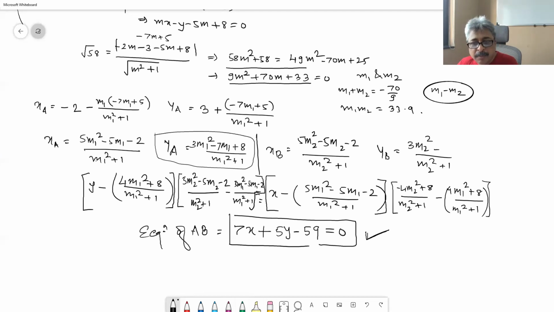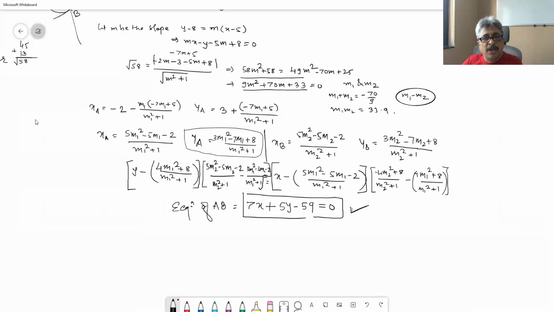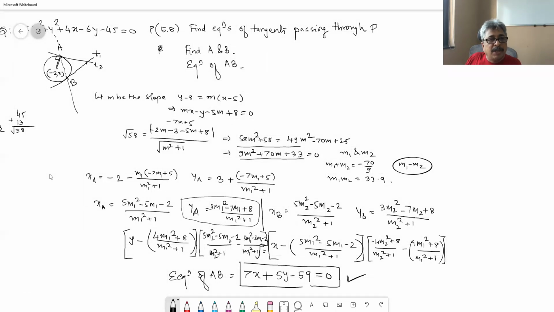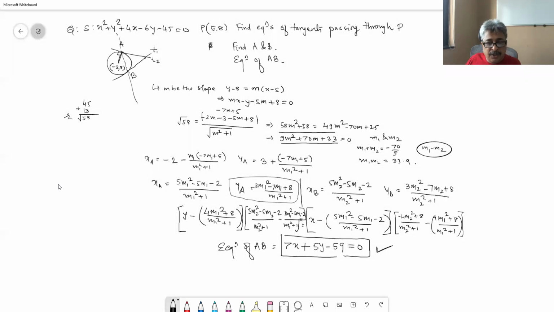3m² minus 7m² plus 8. Okay. So, good that you have dealt with these bad numbers, and eventually those who have done all these calculations have got the final equation correct. And there is one shortcut method of doing it also. But let me bring your attention to another method of getting this, which is,